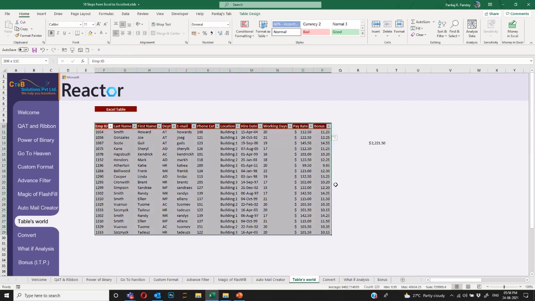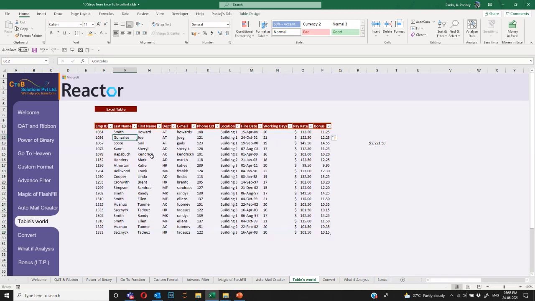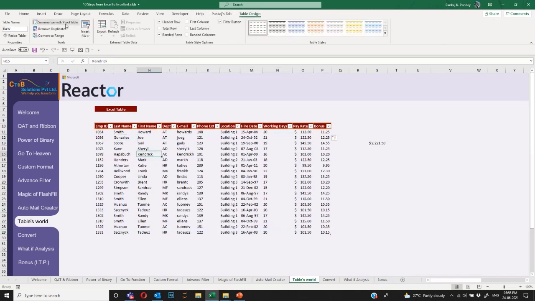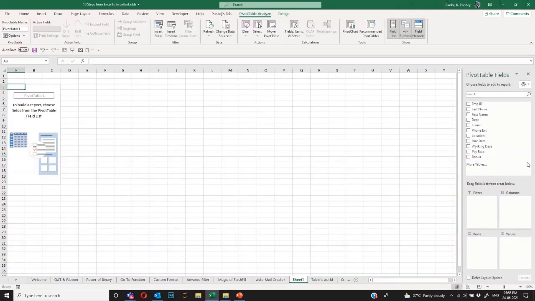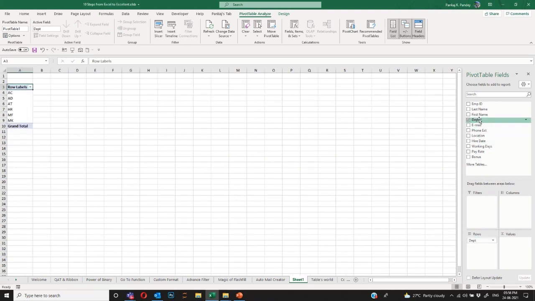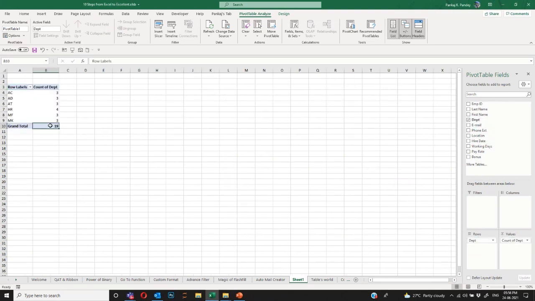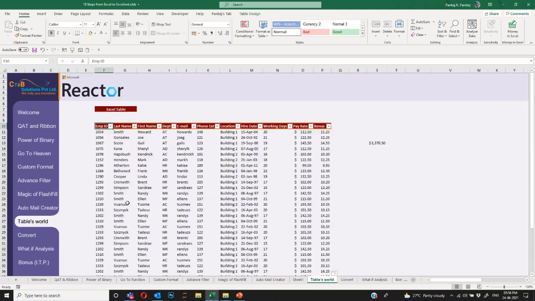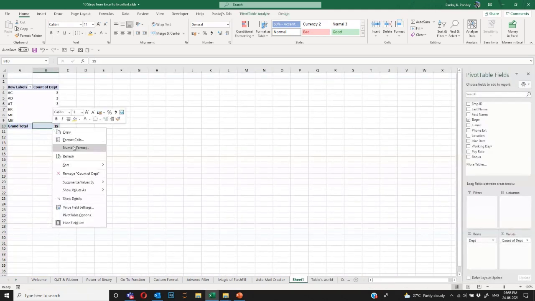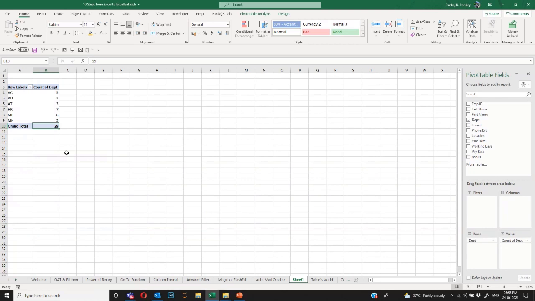And the biggest thing is, all you have to do is select anywhere on this data, go to Table, and say Summarize with PivotTable. It will take the name of the table; click OK. Now in this pivot table, I have, let's say, department, and I have a count of department 19. Next time all I have to do is go and add some data. I don't have to change the range of this pivot. I just have to refresh it and it becomes 29.